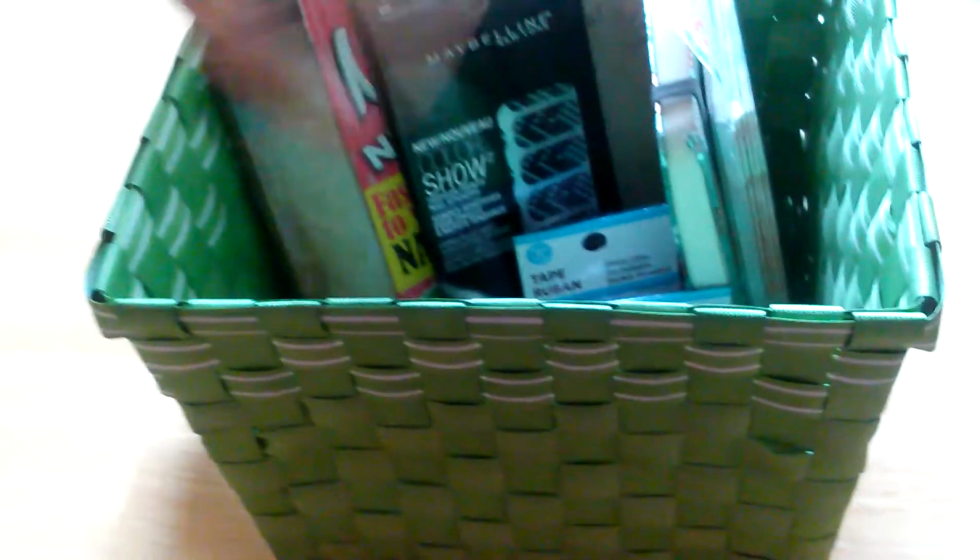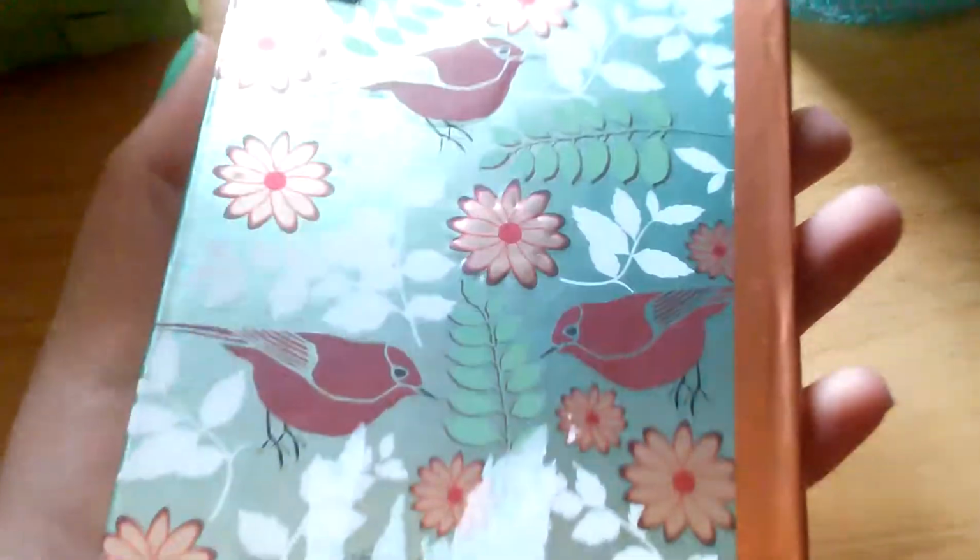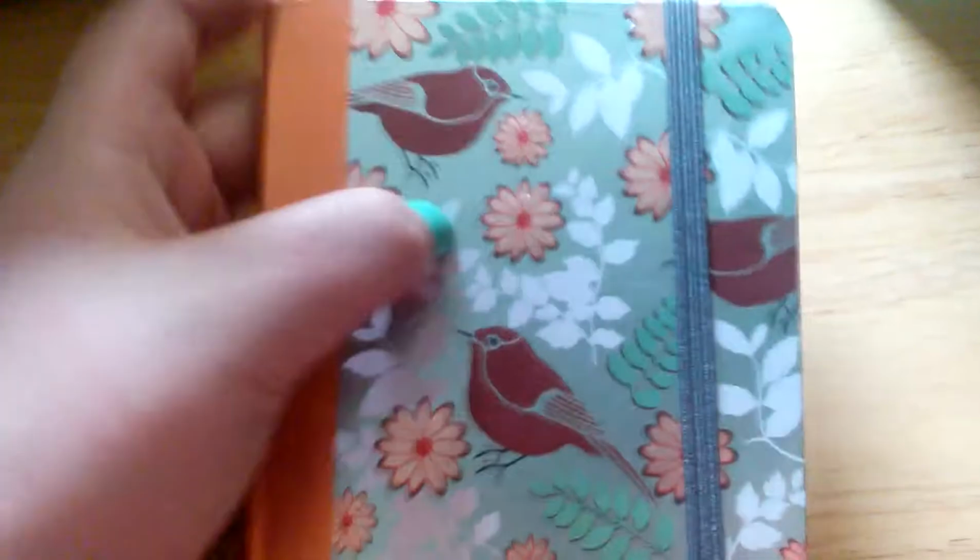Oh, what of the goodies next to draw? Alright, I'll grab this one. They have these really neat journals over there. They have them in 3 different styles. Some have lined paper, some don't. This one doesn't have lined paper. It's just